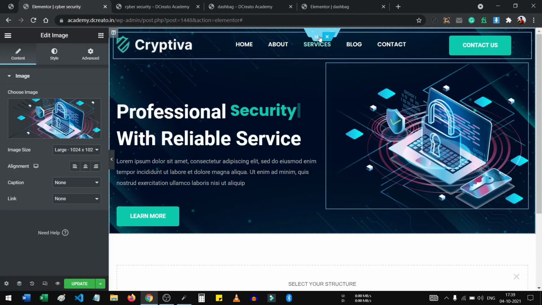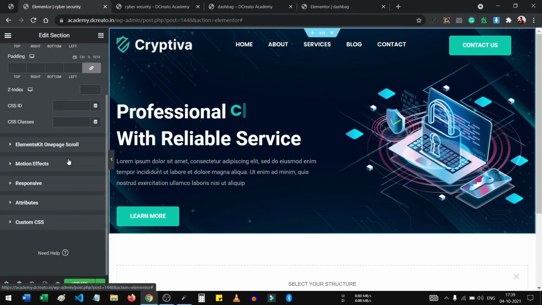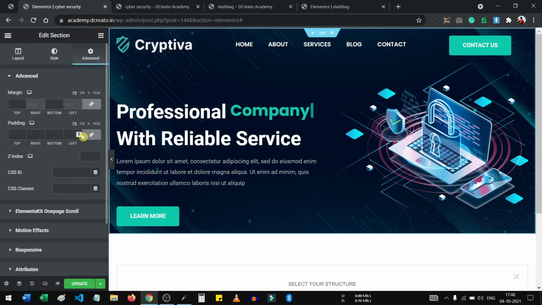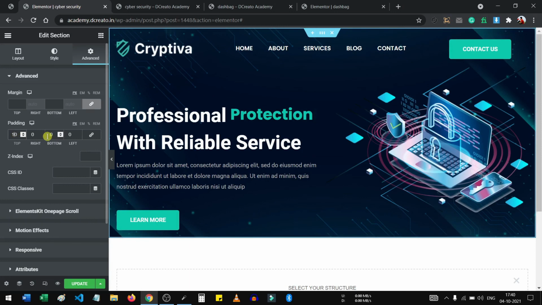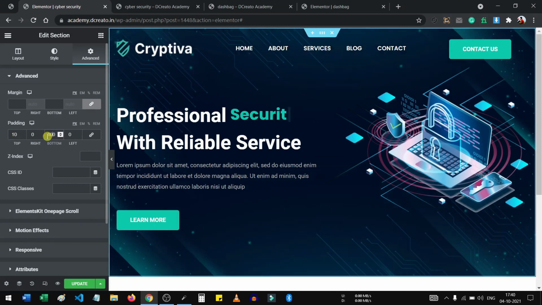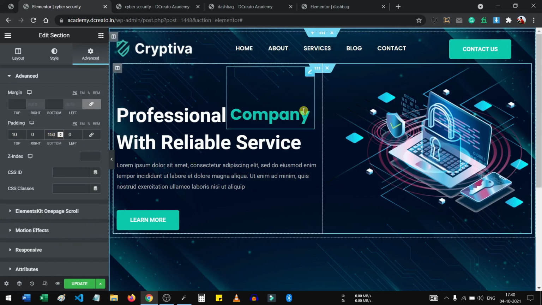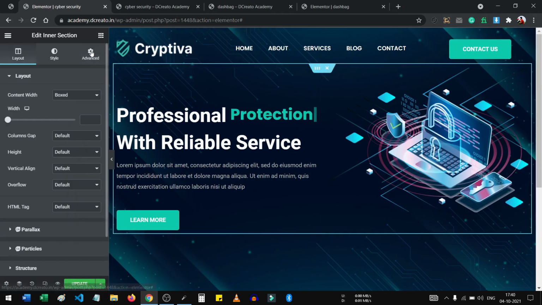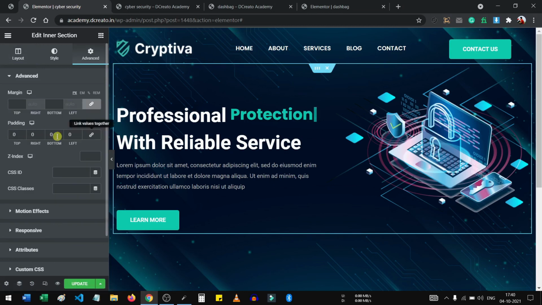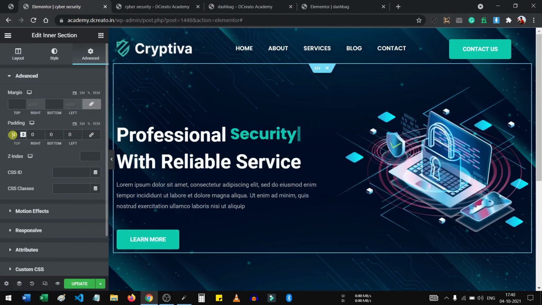So you can see this came, and go to the main section again, go to the advanced tab, and then just give the padding. So top will be 10 pixel padding and bottom will be 100 pixel padding, and giving it to 150. And then this is the site. So just click on the button and go to the advanced tab, and this is the size. So top will be 50 pixel. That will be fine. Then update it.